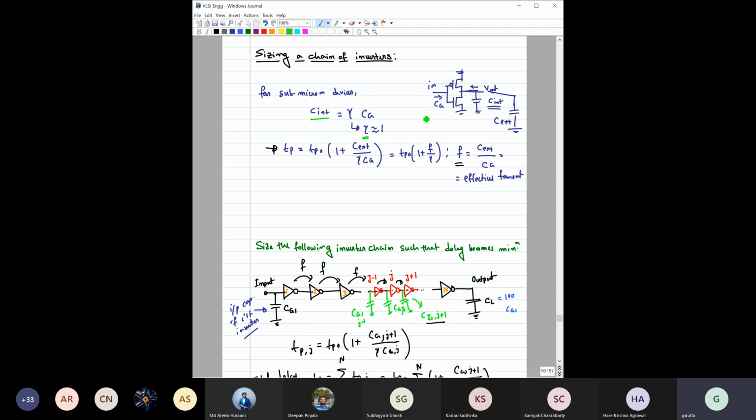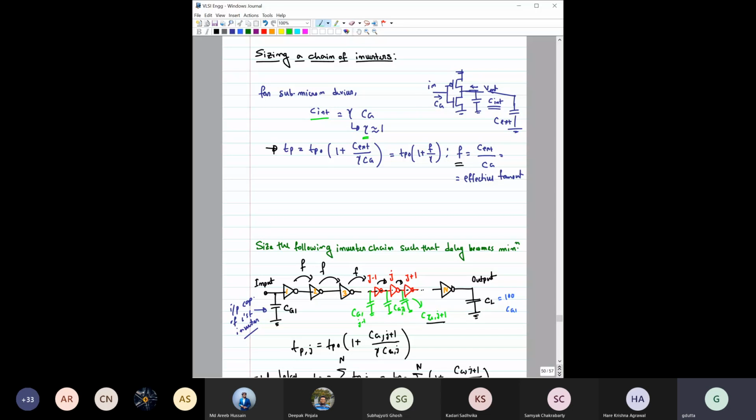And we have seen that for modern submicron technology, this gamma can be assumed to be 1. So we have taken that, and we started with this assumption that gamma is nearly